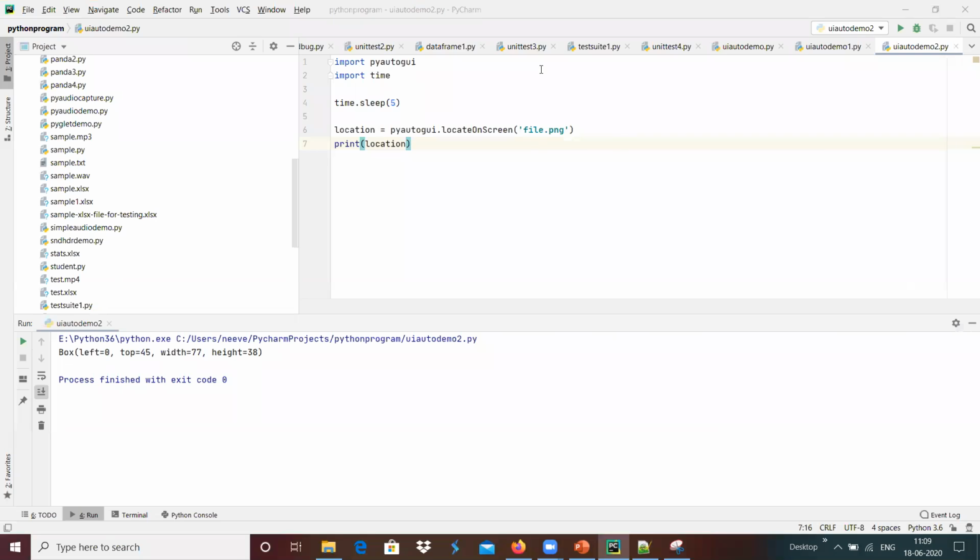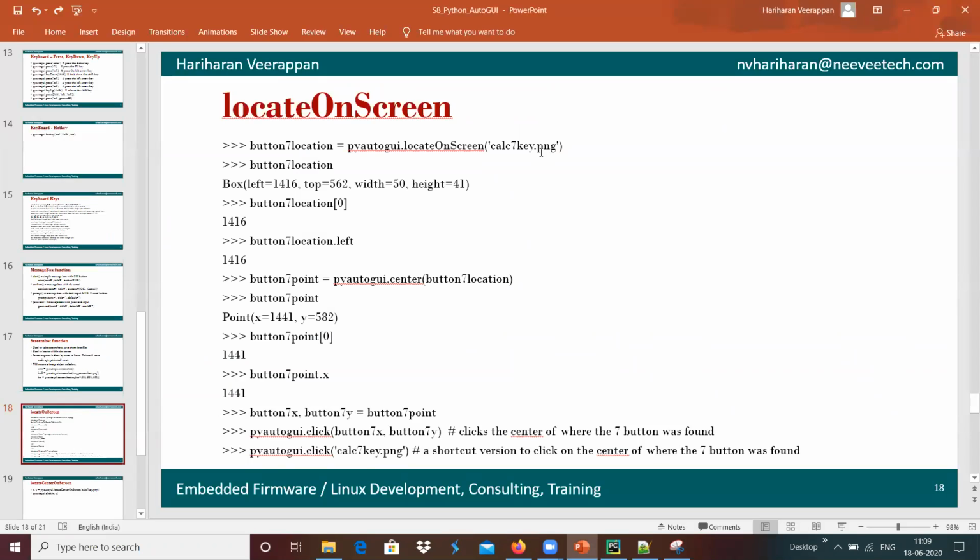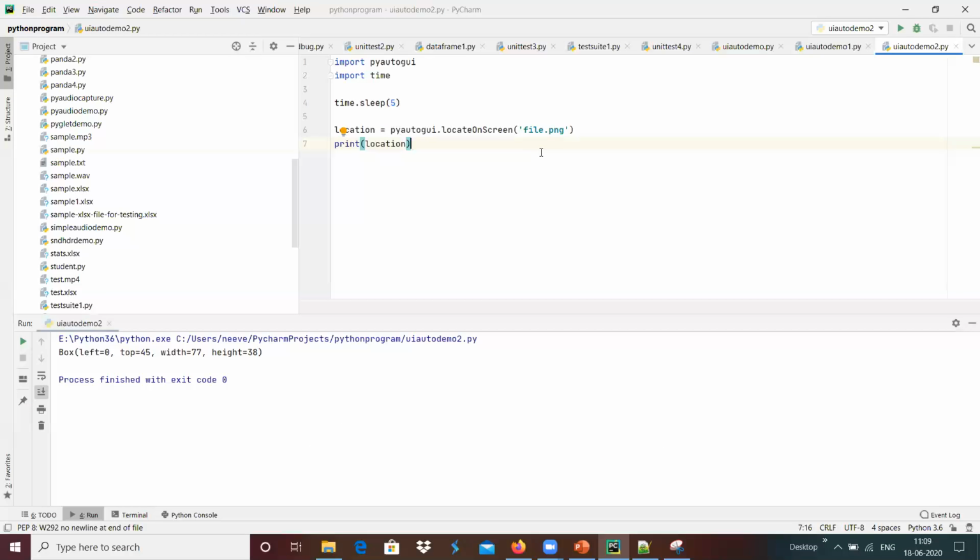Yeah, that's okay. If we wanted to do something like, we got the box where it has been present in the UI, and we wanted the center location of the box on the screen, that can be taken with the help of pyAutoGUI.center, which provides the center location.